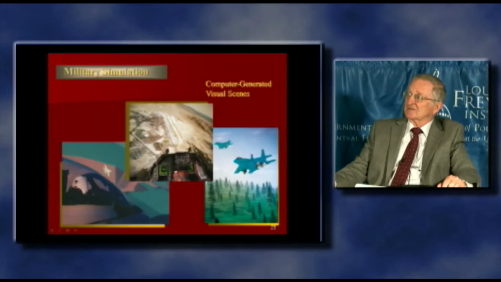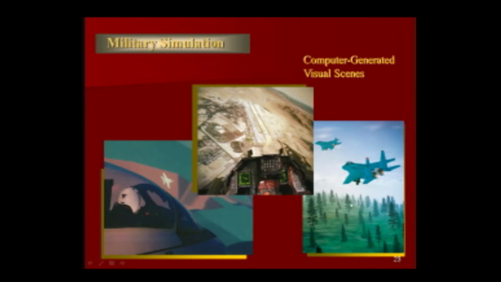Again, more military simulation. One of the most difficult scenarios to simulate is what we call nap of the earth, and that is flying very low over the treetops and buildings, because you can imagine how fast that simulation has to operate to be able to simulate this in real time, such that when the pilot looks out the window and he or she sees the airfield, it's all in real time. There's no blur, there's no distortion. Otherwise, it lacks a lot of its realism and appeal to the pilots.